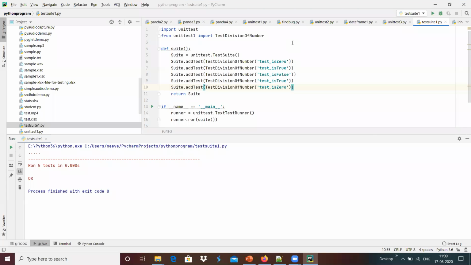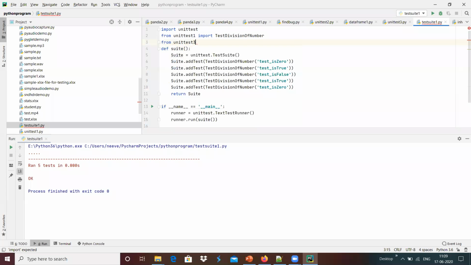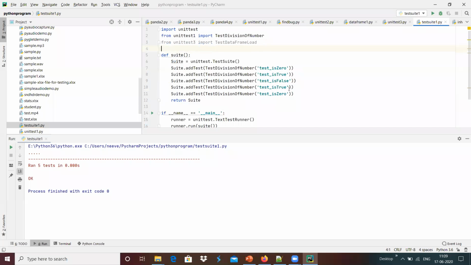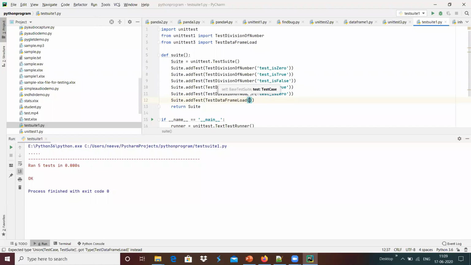In a similar way, we can combine multiple modules' test cases into one unit of test cases. For example, from unit test 3, I'm going to import test data frame load, and I'm going to add it using suite dot add test.